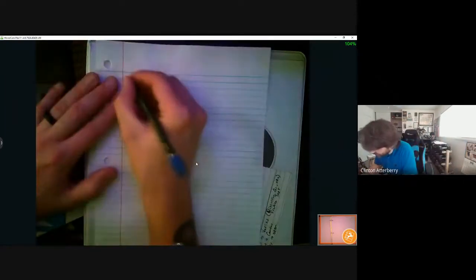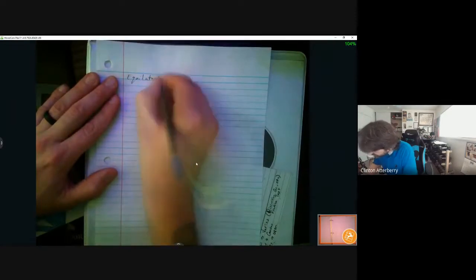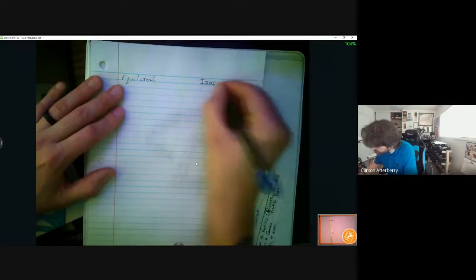We'll go more into special triangles here in the near future, but these special kinds of triangles are equilateral and isosceles,